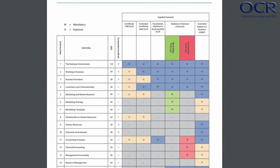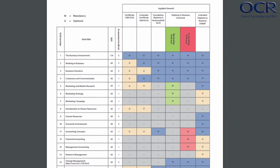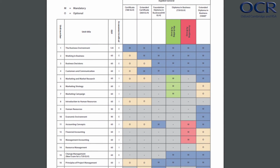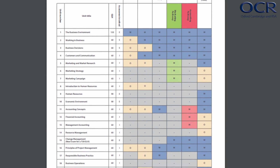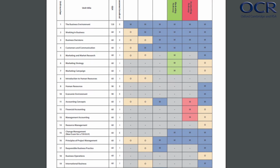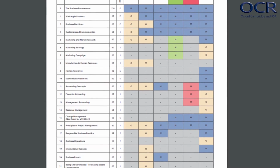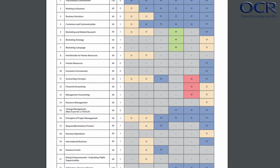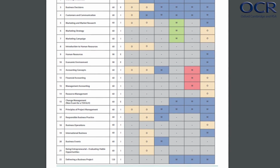The extended certificate is 360 guided learning hours, which is the equivalent size to 1 A level. Your students will need to complete 5 units. There are 3 mandatory units, units 1, 2 and 4. Your students then choose 2 other units from the optional units available at this size. This size of qualification gives your students the flexibility to take other qualifications, vocational or academic, alongside it. Your students will be able to progress to a university degree programme or into employment where they could continue to